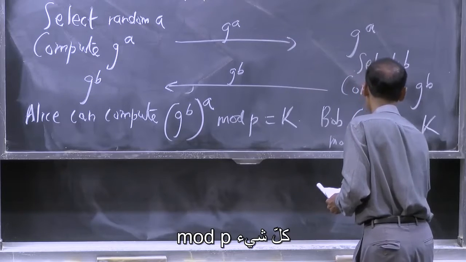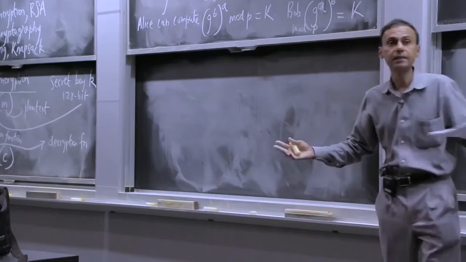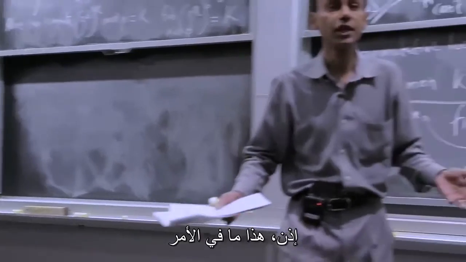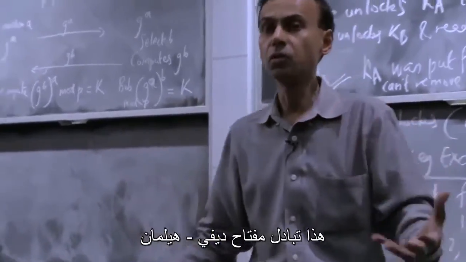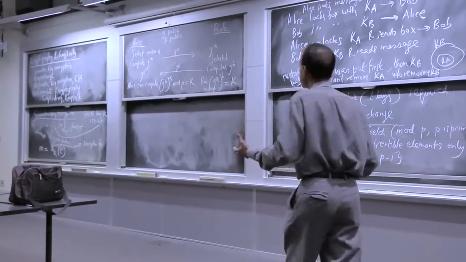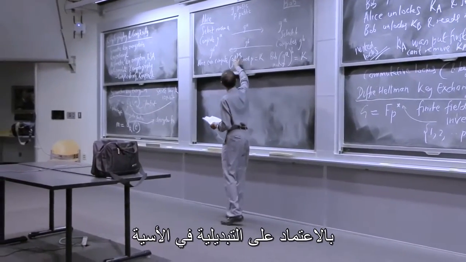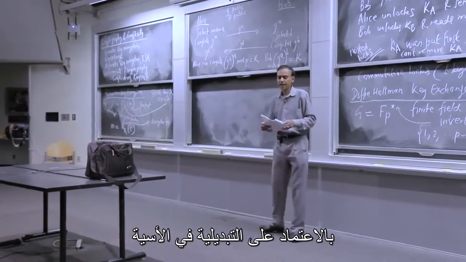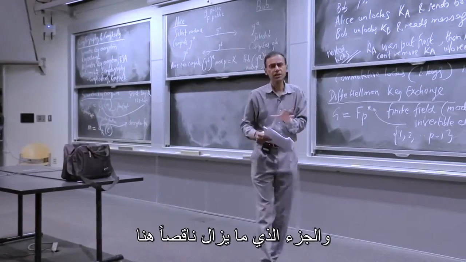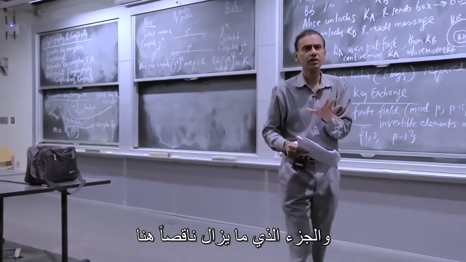Over here, everything is mod P. So that's it. That's Diffie-Hellman key exchange. You have now created a shared secret based on the commutativity of exponentiation, and the part that's still missing here